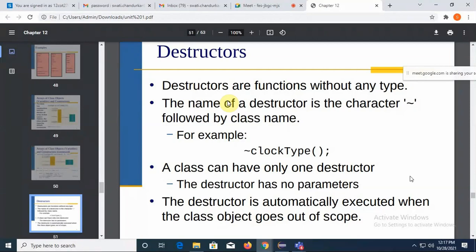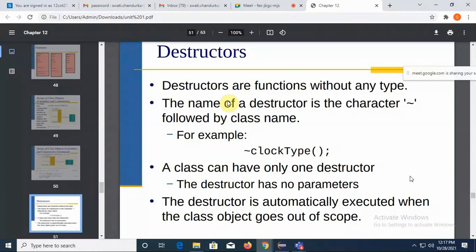Now, just like your constructors, you don't have any return type. Similarly, we don't have any return types for the destructor. Syntax is the same. The only difference is the destructor is preceded by the tilde symbol. You can see it on the screen. I'm having a tilde symbol. It is available on your keyboard.